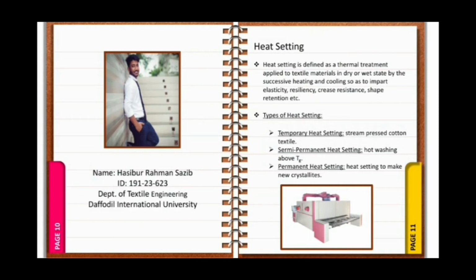Now, I am talking about heat setting. Heat setting refers to a heat treatment which imparts elasticity, resiliency, crease resistance, shape retention, etc. to a textile material. In other words, heat setting is defined as a thermal treatment applied to textile material in dry or wet state by successive heating and cooling so as to impart elasticity, resiliency, crease resistance, shape retention,